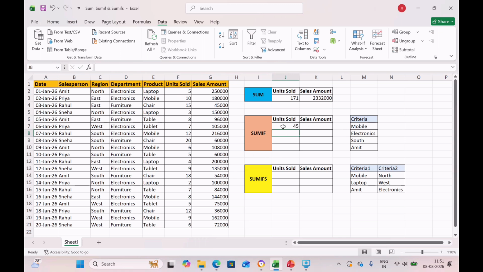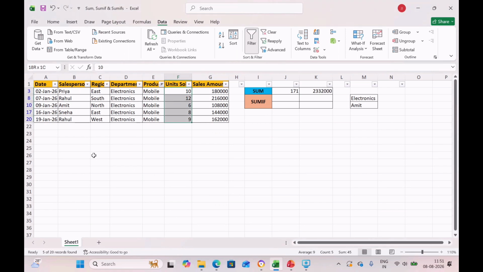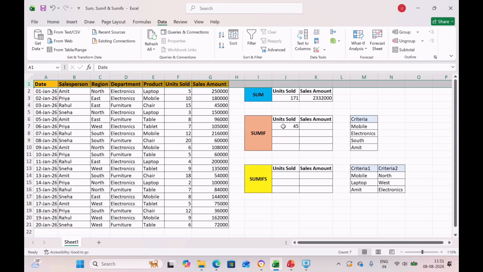You can see the number is 45. So we can cross check that. Just apply a filter over here and select mobile and just select this range. You can see the sum is 45, and what we calculated from the formula is also 45. So just apply